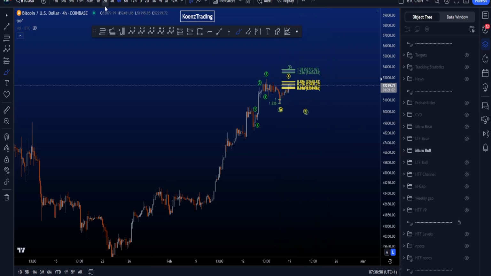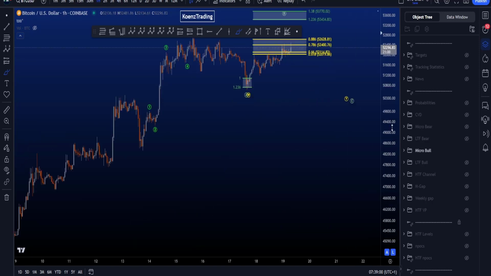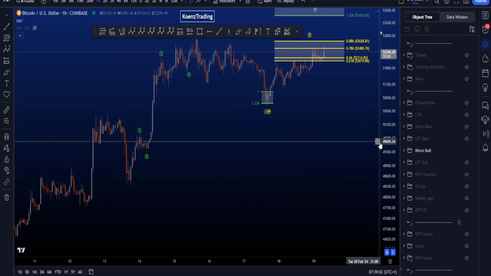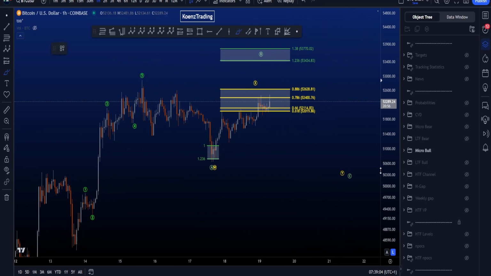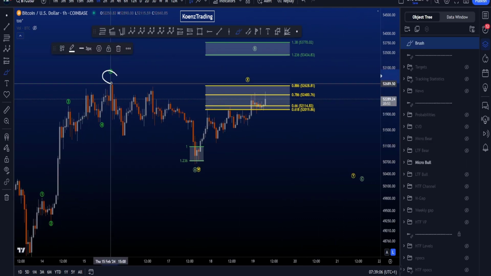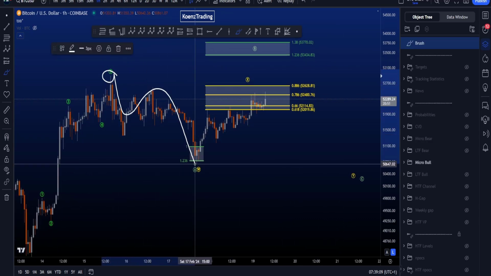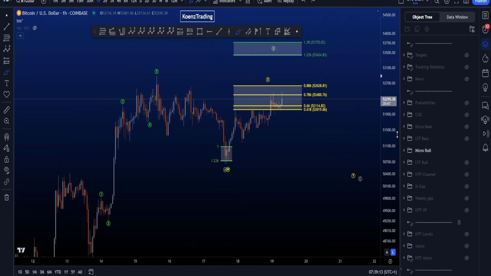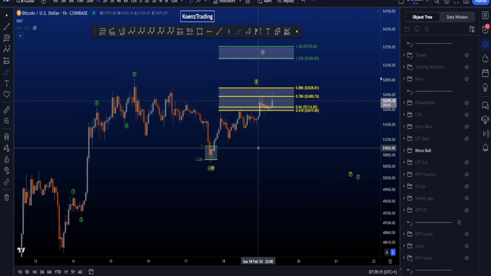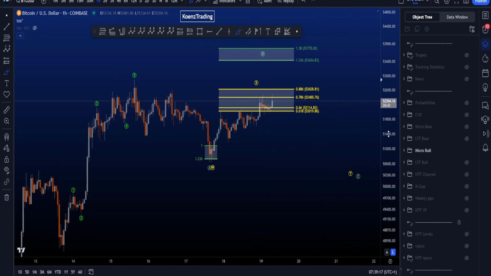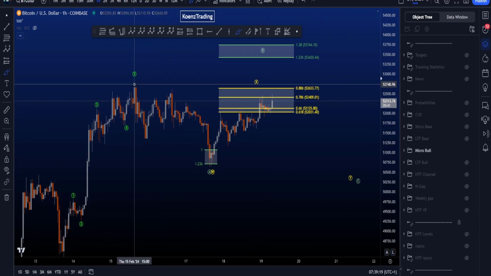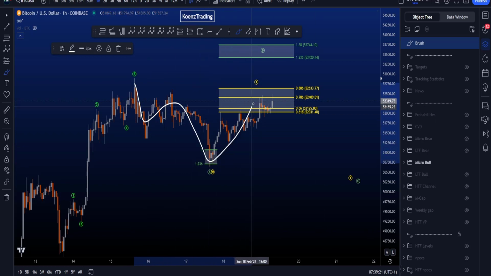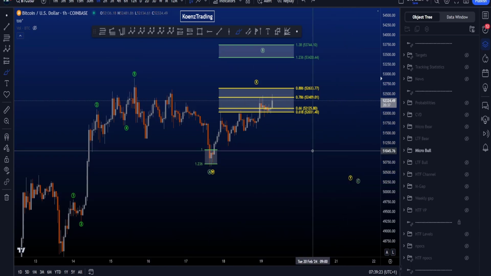Now in this bullish scenario on the 4-hour chart, we also need to look for corrective structures to the downside on the 1-hour chart. So that means that from this high, we want to see at least a 3-wave structure to the downside to open the possibilities for a corrective structure. Here we are looking for a WXY or an ABC. The WXY here is then a zigzag X, and then in wave Y we are going to be looking for